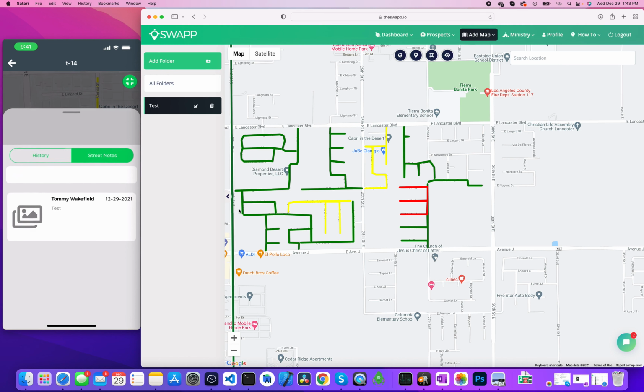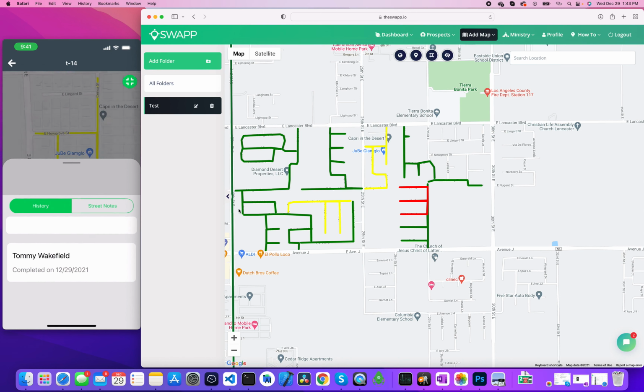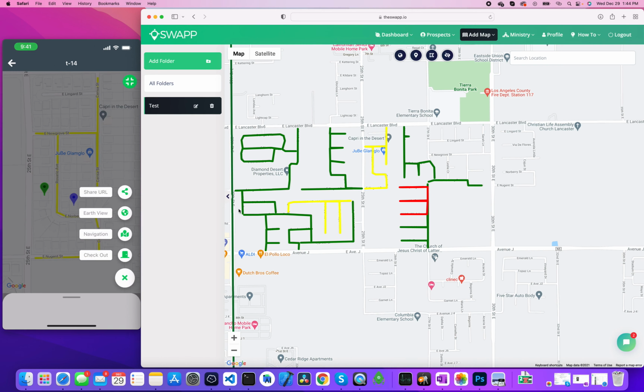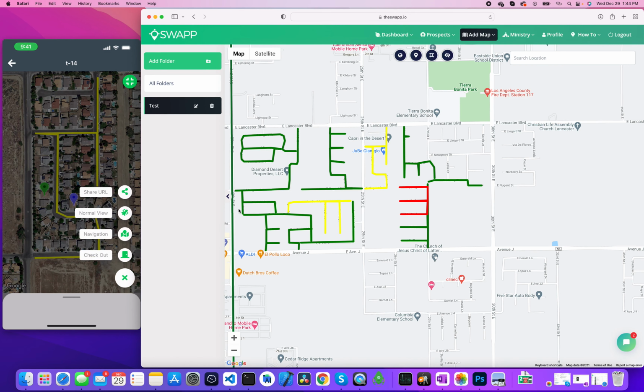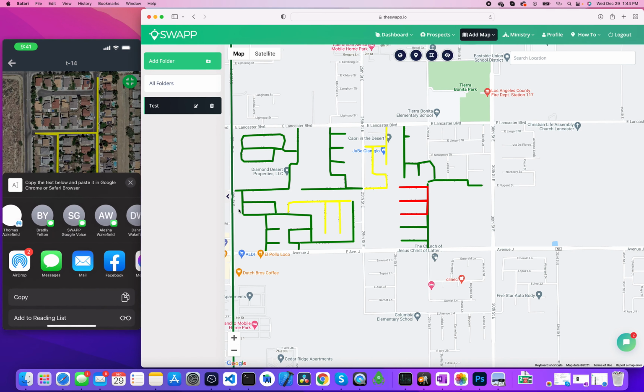If we go down here, there's a menu. We can see any street notes that were added in this list form. We can even see the history, if somebody's been here before and when it was last done. So once we're done, we'll click this checkbox and we'll check out. And before we do that, you'll notice there's a few other options. If you needed navigation to get to this map, you can click on that and get navigation. You can change it to Earth View, and you can share this URL with somebody else,